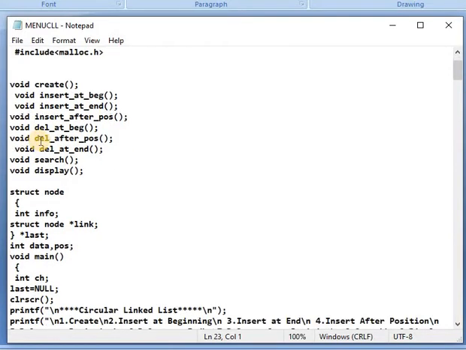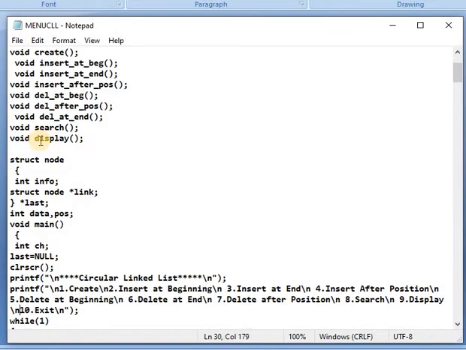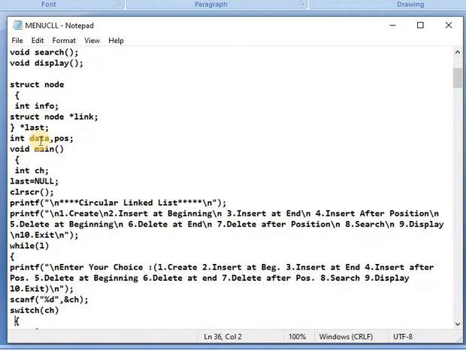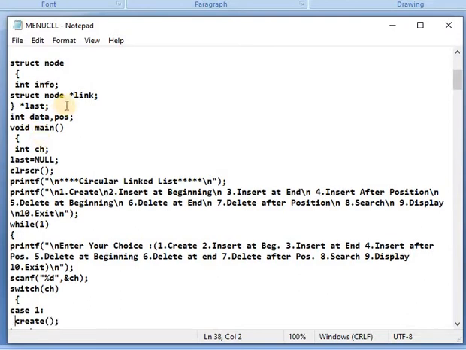Why do we declare them global? Because these variables are used in the overall program. Under void main, this is the variable declaration. After that, printf displays the message for user understanding purpose. After that, the menu driven program will be displayed in a while loop. Here the printf function displays the menu every time for user understanding purpose.